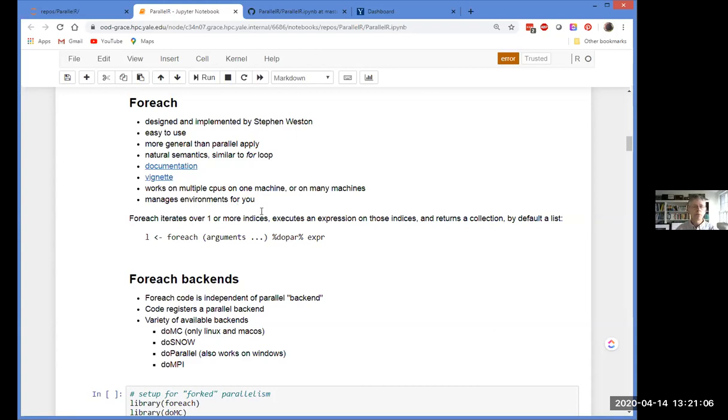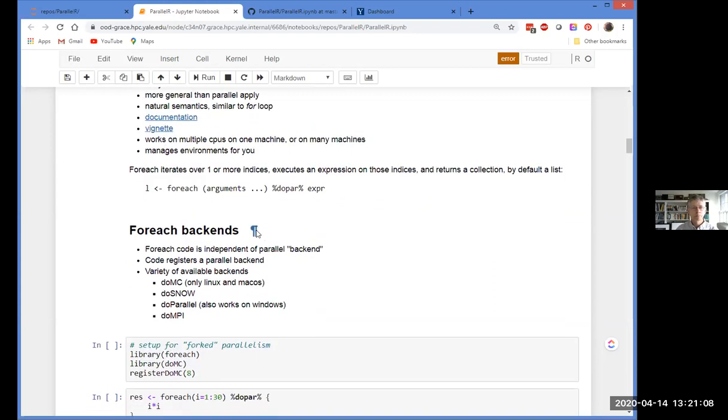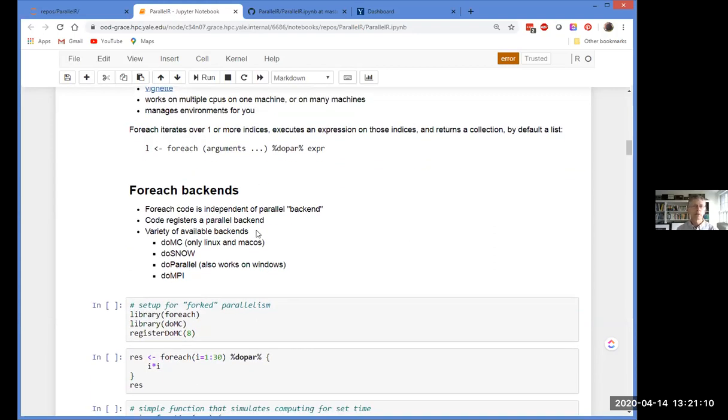So in its absolute simplest form, the way foreach works is it looks like a for loop. We're going to iterate over some arguments, some parameters, and we're going to execute an expression for each set of those arguments. This expression is going to be some R code.